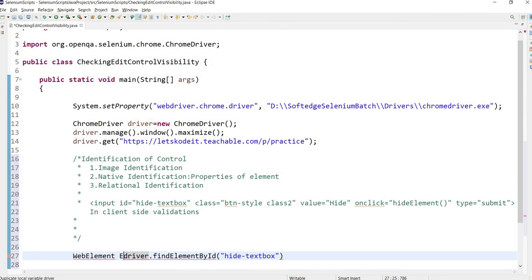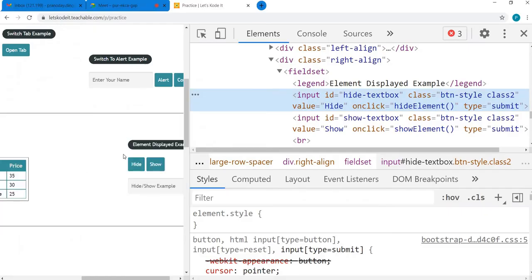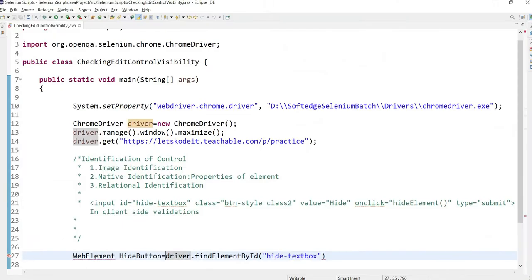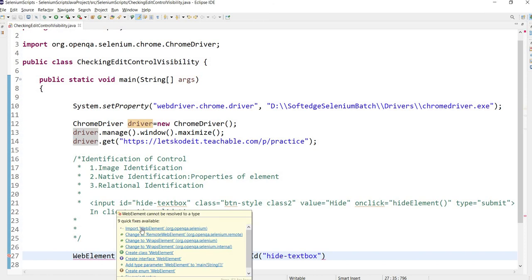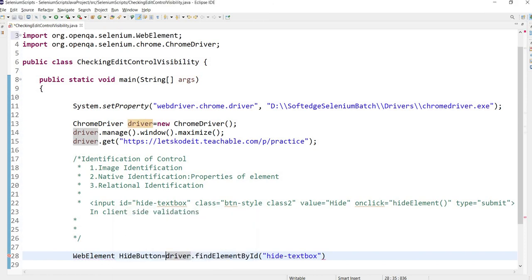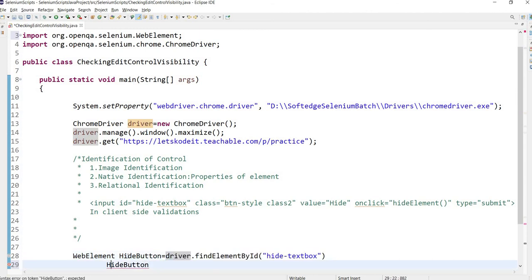So web element basically represents the UI element on the page. This web element is again a class from Selenium. So let's import it. And now in this web element class, if this is an object of this class, we got the element returned, right?